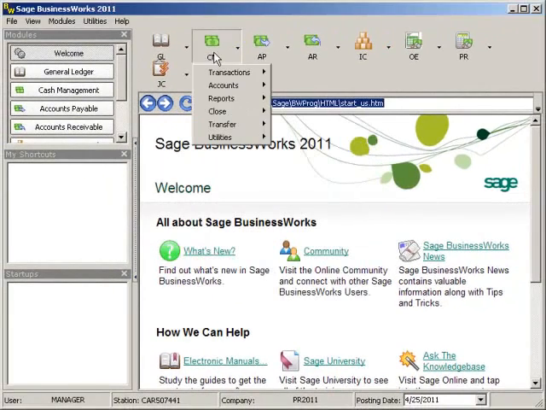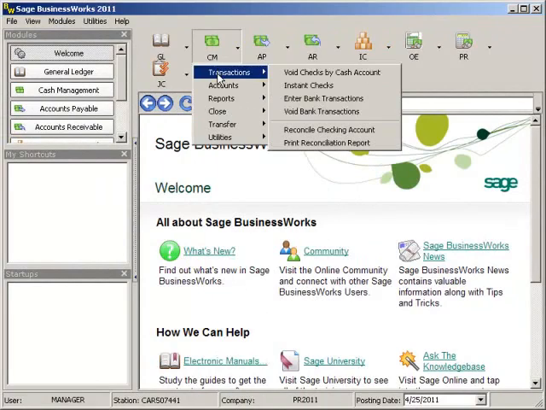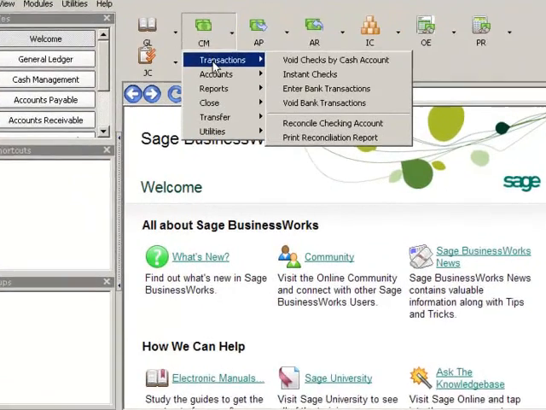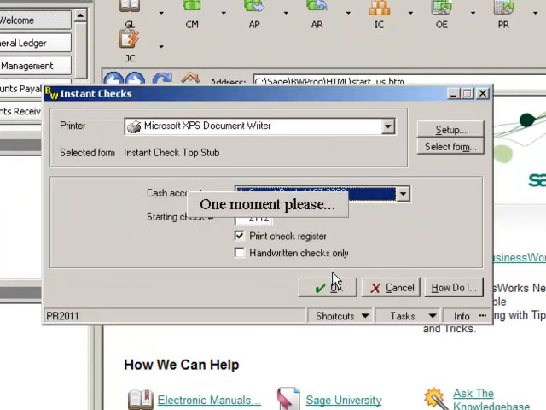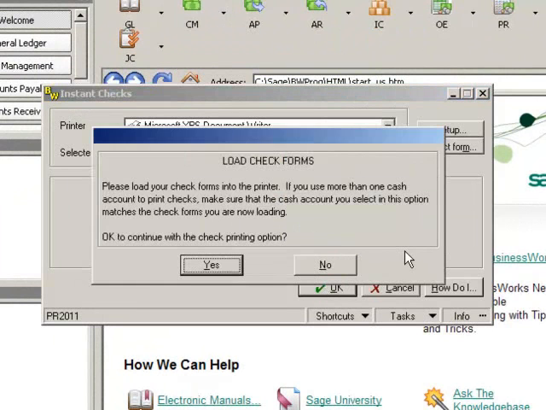I can now process my refund check for my employee under Cash Management, Transactions, Instant Checks. I'm going to click on OK to process my instant check, and at the Load Check Forms, I'm going to place a check into my printer. I'll click on Yes,